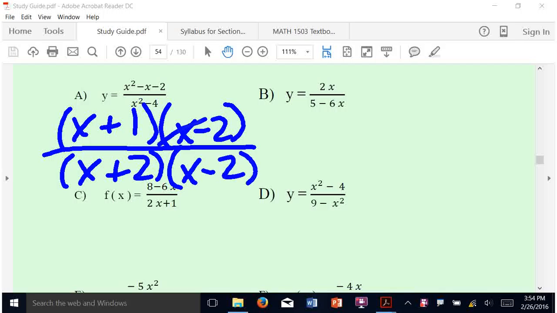So what happens is the x minus 2 factors cancel out. And your function is essentially this function. It reduces to x plus 1 over x plus 2. It has the same behavior with the exception that at x equals 2 you have a removable discontinuity at x equals 2. As in, if